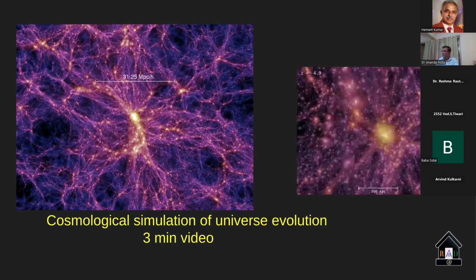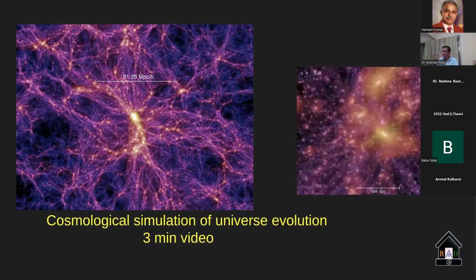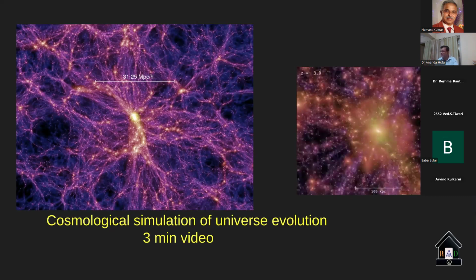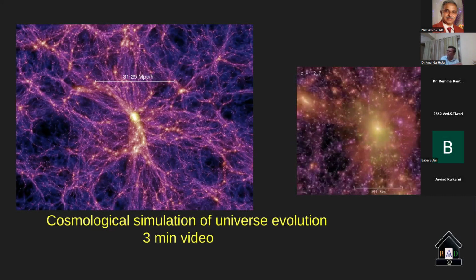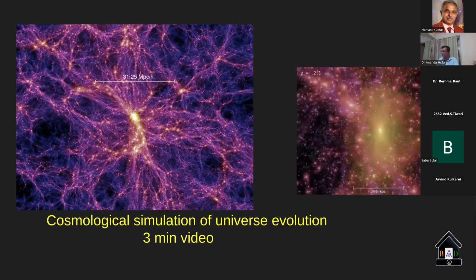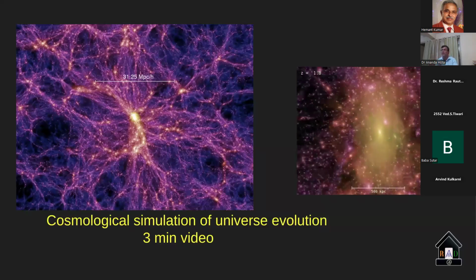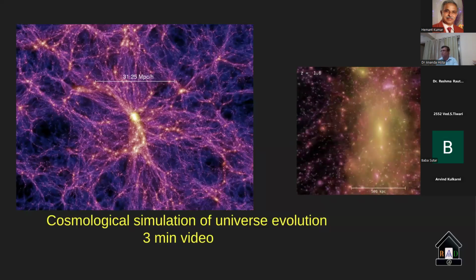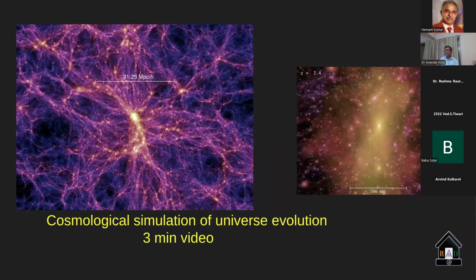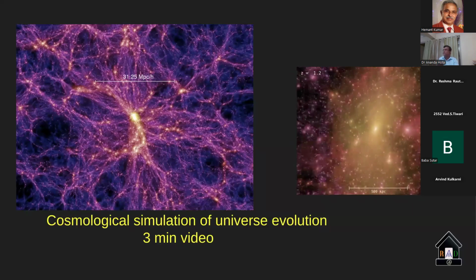It is like the way we come from a village, we may have a different dialect at home there, but by the time we reach the city, we become a metro city dweller, our language has changed, our nature has changed, our behavior has changed. The galaxies from the outskirts, by the time they reach the cluster, their nature has changed through mergers and various physical processes. We will try to understand what physical processes are driving that kind of change. That is what galaxy evolution is: how the universe's galaxies are changing with time, how the universe grew, and how in the structure formation process the galaxies are changing their nature.